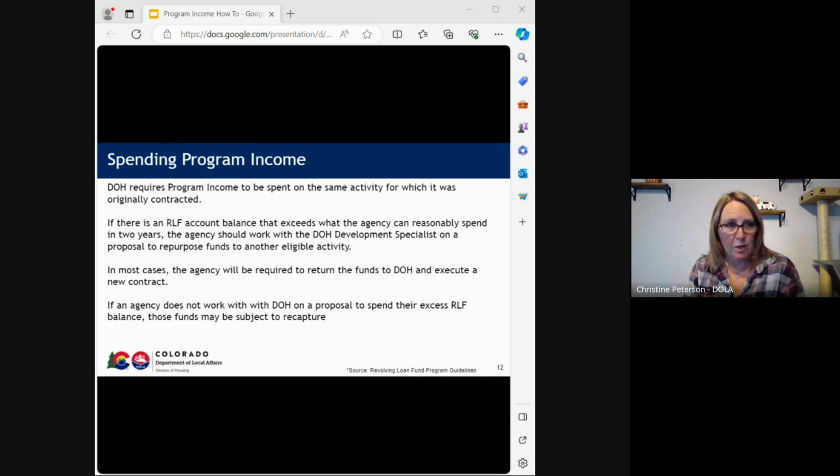for a different purpose. So when you're looking at those balances as you're reporting, you can always consider, is there another use for this? Will we jump back into down payment assistance or rehab? So there are a lot of options with those funds rather than just having them sit there and no one's real sure what to do with them. So take a look at your accounts. Let us know if you're seeing something in the future that you might want to use those funds for.